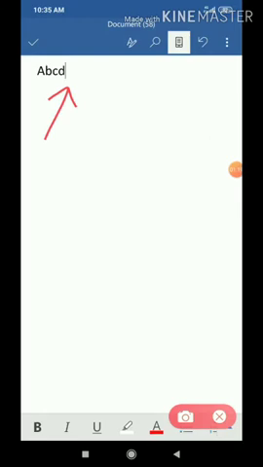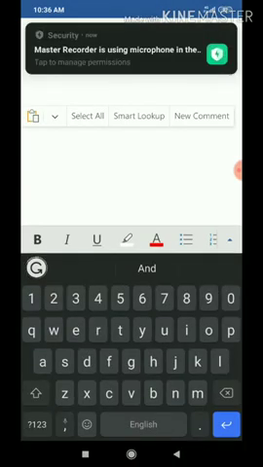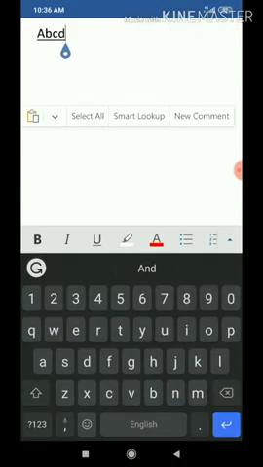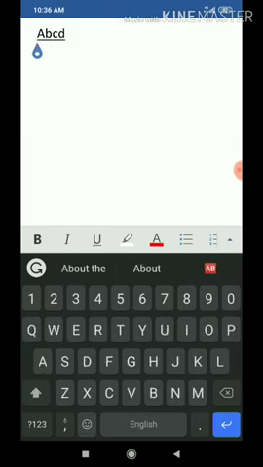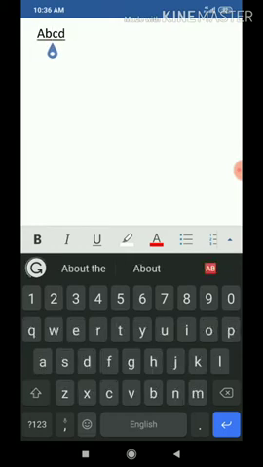But you can also move the cursor with the help of the cursor keys. That is what we are going to learn. This is not a keyboard, but still I can show you how to do it. I can do it manually. I'll just drag it here. Right now it's here, and I can drag it here, so now it's between B and C. This is what your cursor keys will do.